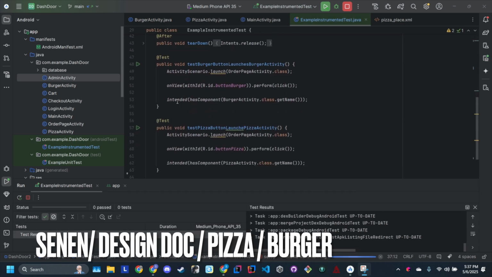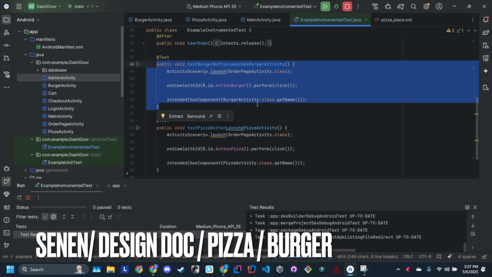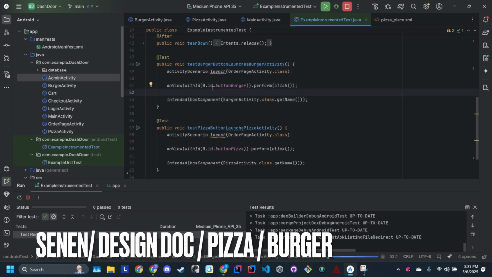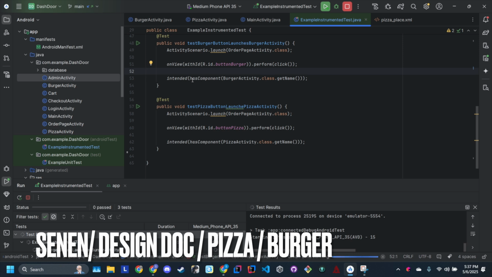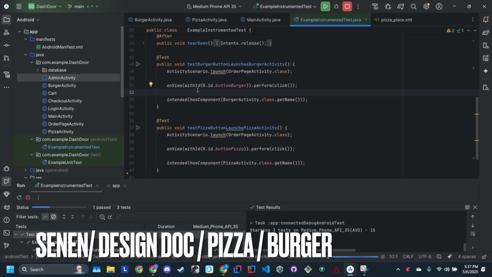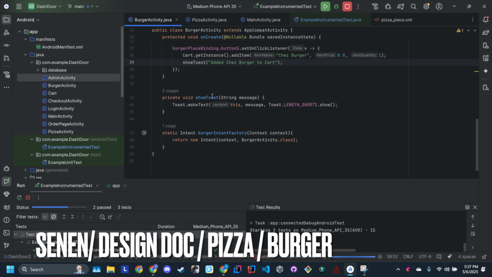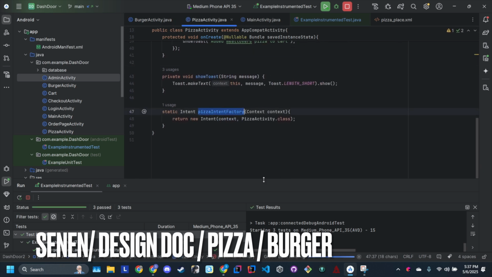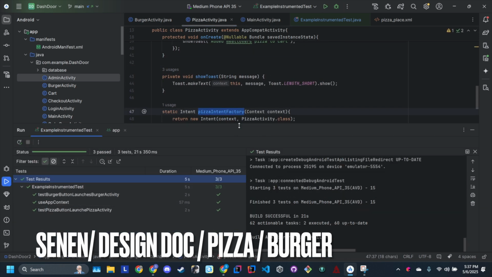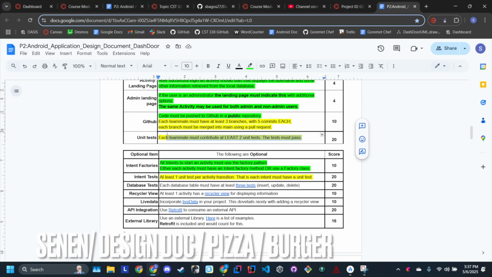We also show my intent test to make sure that when you click on the burger place or pizza place, it goes into the right scene, or the scene, I'm thinking game dev, but it goes into the right page or activity. It has intent factory type of stuff, and you can see it passes. I have at least 2 passing tests and the intent factory, and partial credit for